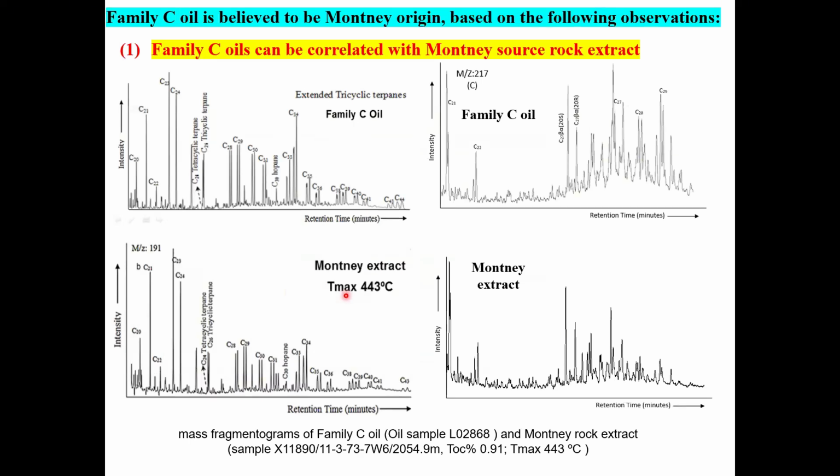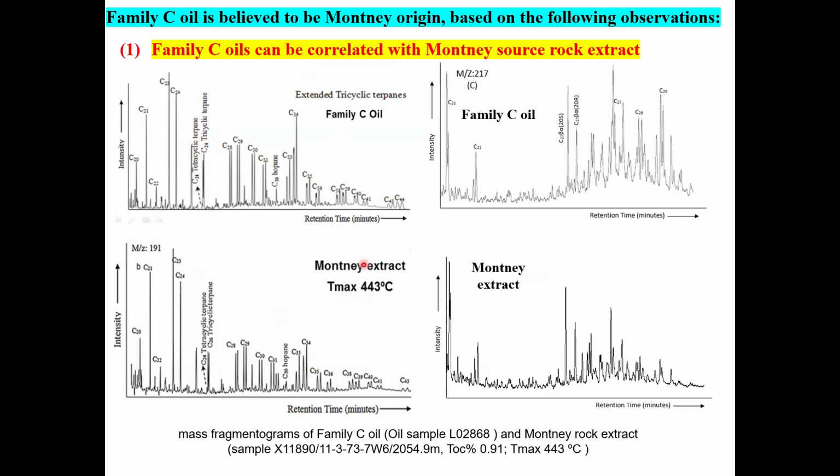Family C oils have often been interpreted as also originating from the Doig Formation. For instance, Allen and Creaney attributed the formation of family C oils to sporadic salinity enhancements during Doig deposition. However, based on our findings, we propose that family C oils are primarily of Montney origin, supported by the following